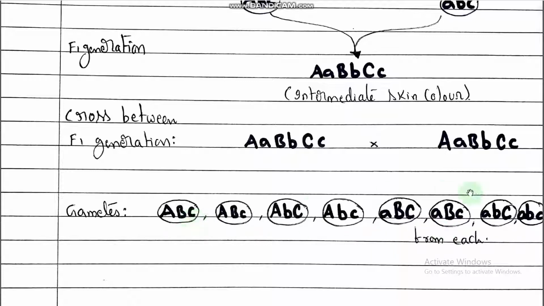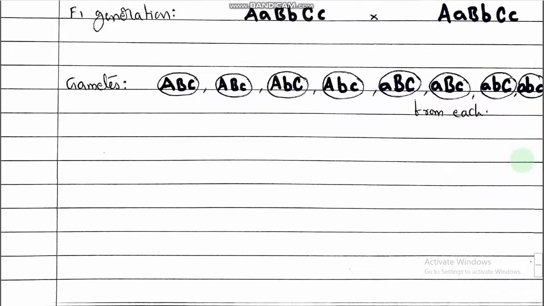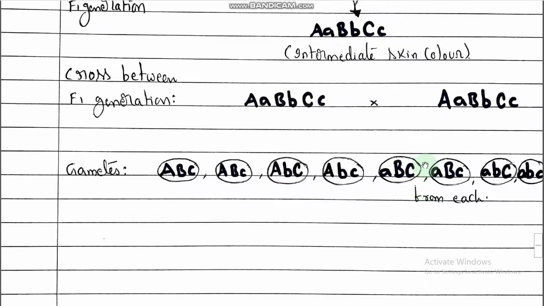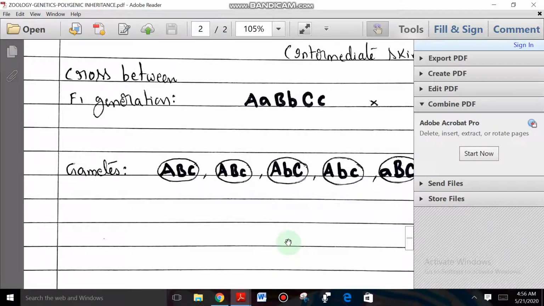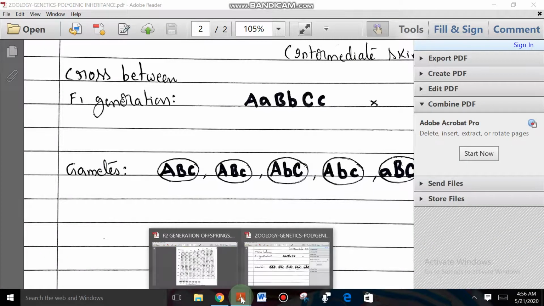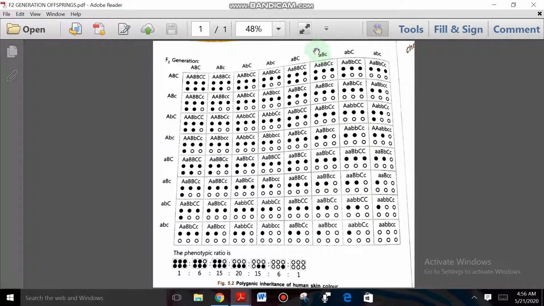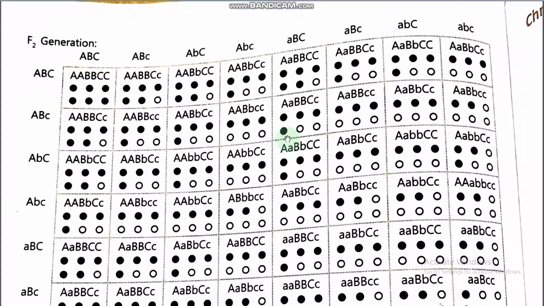Now these gametes with same gametes, F1 into F1, what is formed? F1 into F1 we can derive with a Punnett square. Okay, you can show in the Punnett square. Punnett square is not given in NCERT, but for your reference we will discuss, right? So here is the Punnett square.